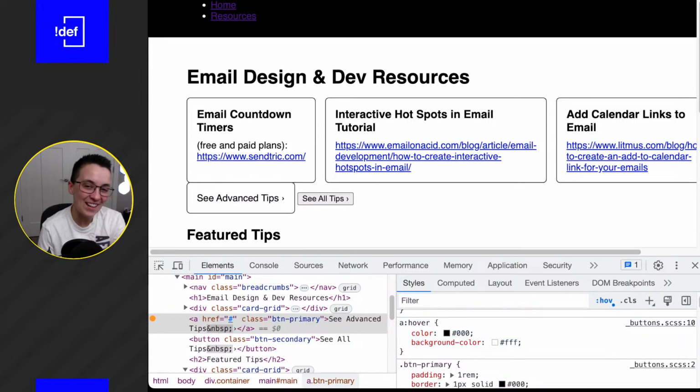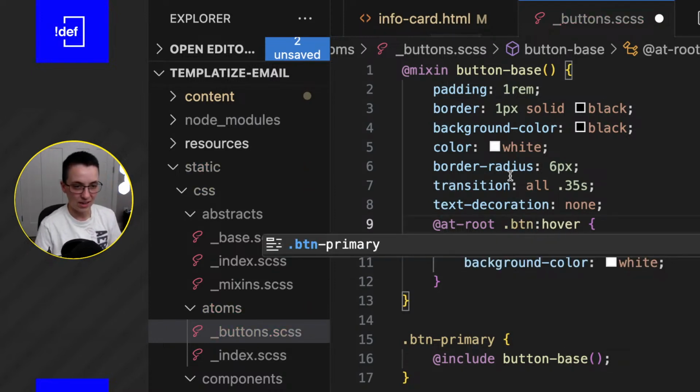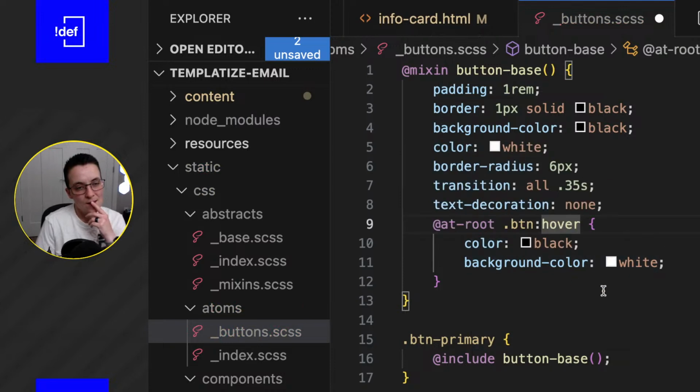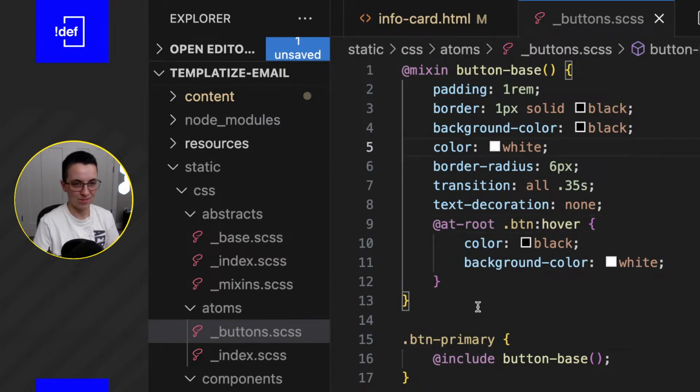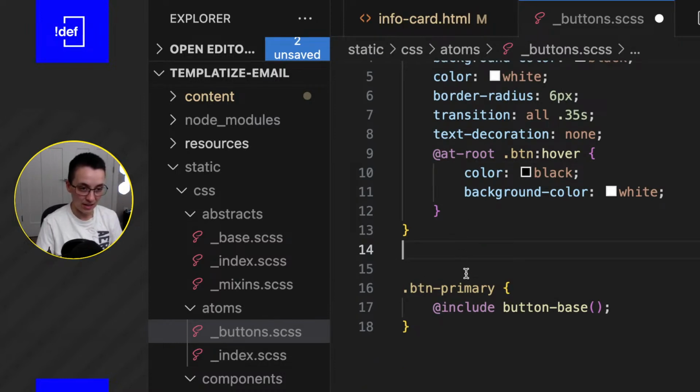So okay, I don't know. That makes for a really interesting case of when you would need a .btn class, because this honestly makes it more dynamic. Because let's just say we have the .btn, and then we could pass in the colors or like the primary, whatever it is. Let me show you what I'm talking about. If we had a .btn, let's just get rid of that. This is now